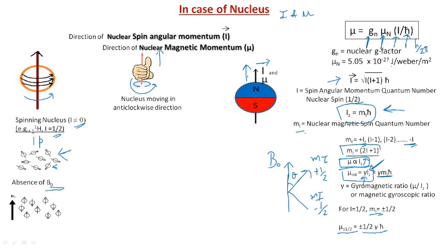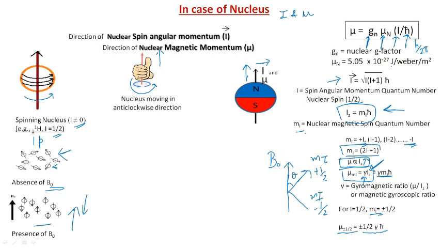However, when an external magnetic field is present, these nuclei will orient themselves in two different spin states. One is in the direction of the applied magnetic field, parallel to it, or